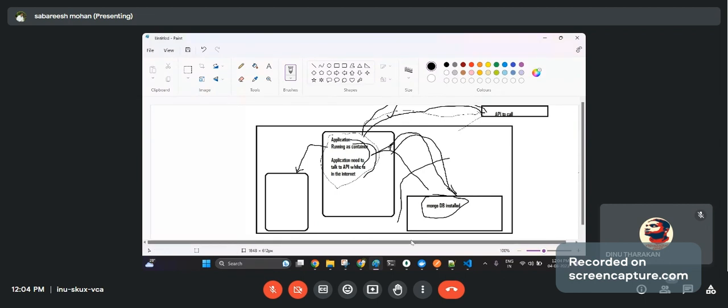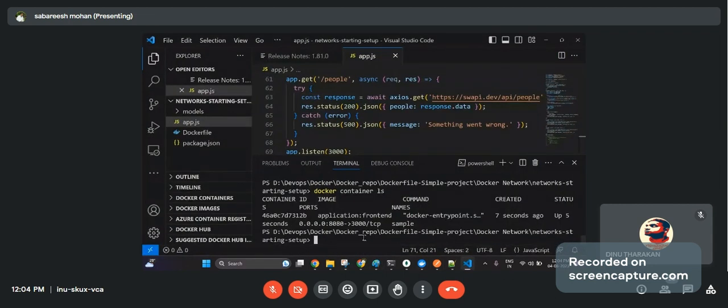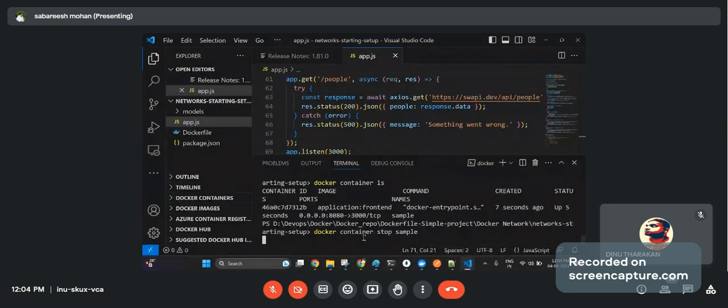Now, if I look at the code, before that, let's go back to the code and then I'll stop the container. Docker container stop sample. Okay, it's getting stopped and killed.